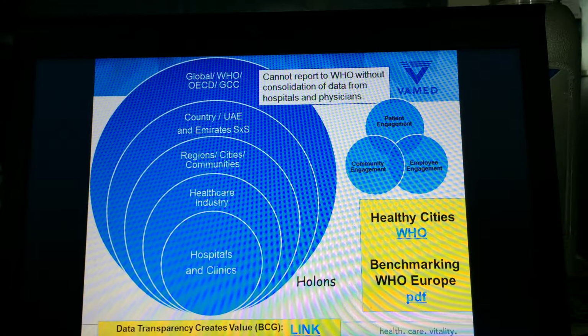And then of course at the country level, in our case here in the United Arab Emirates, you need data from the hospitals and physicians to be consolidated to put a country set of data together, without which it doesn't work. And you have to do that if you're going to report to the World Health Organization, OECD, the Organization of European Countries, and again in the Middle East it would be the Gulf Coast Conference to compare, for example, the UAE,